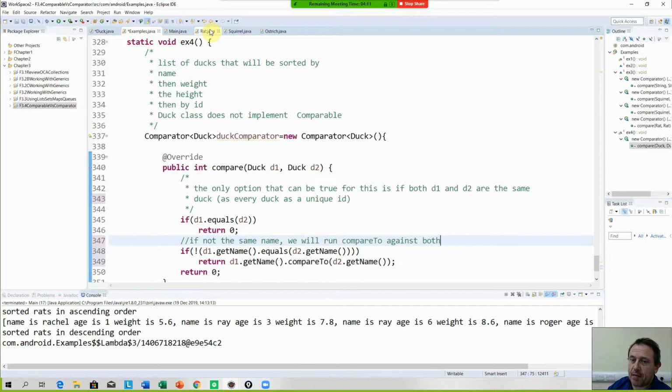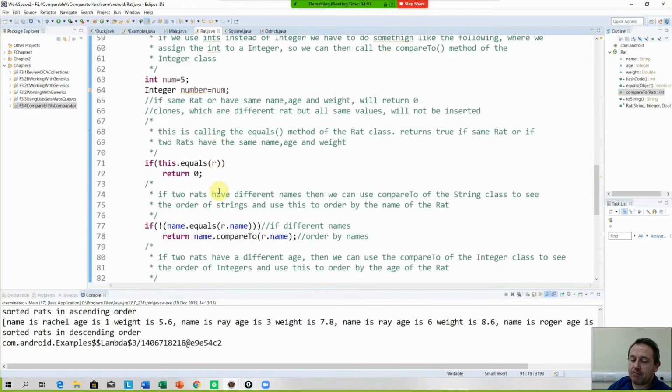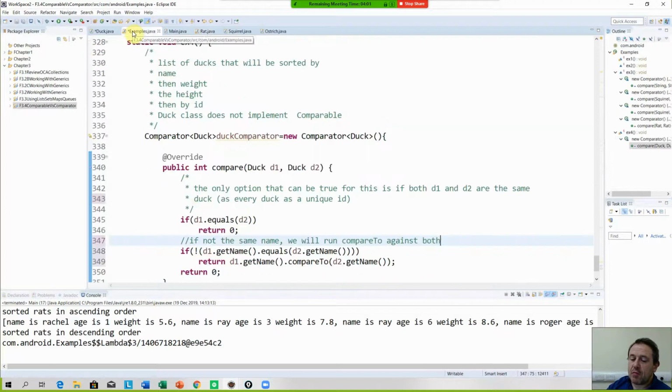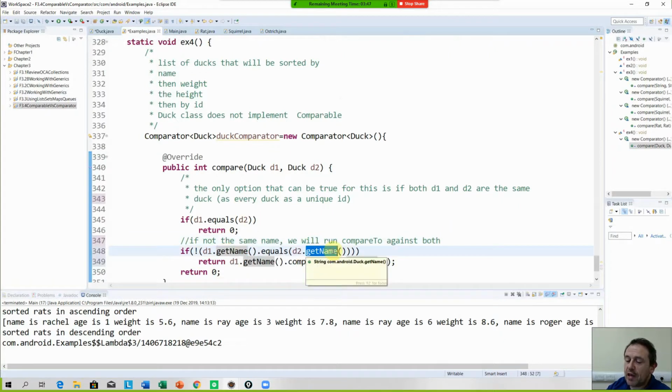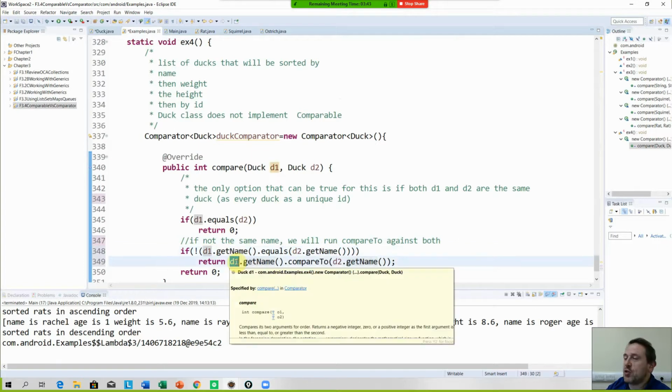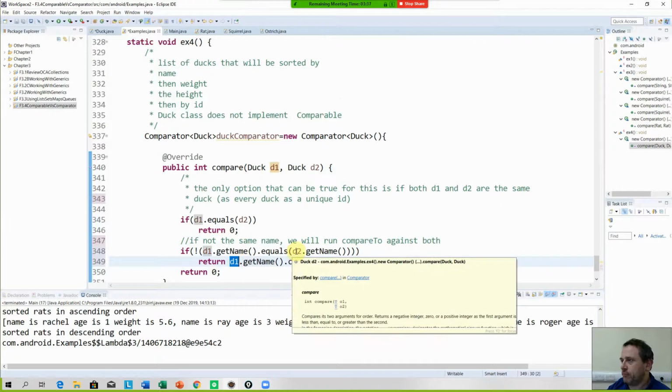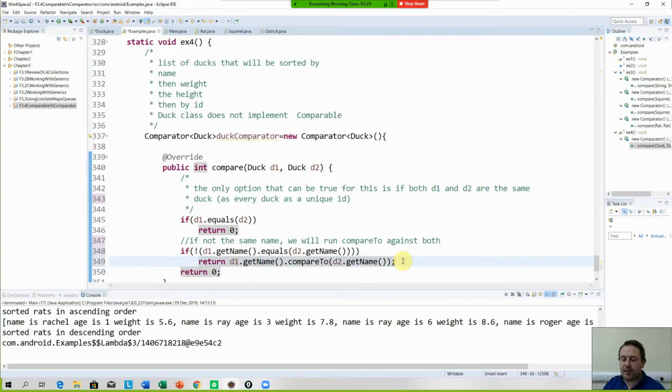We're just doing exactly the same as we did in the Rat class. See there? If name equals r.name. Instead here, we're getting the name of both ducks. So two ducks, let's get the name of the first duck and the name of the second duck. If they don't have the same name, then we're going to compare the two names. Andy will come before Beatrice. Zebediah will come after Adam. Now, if the names are the same,